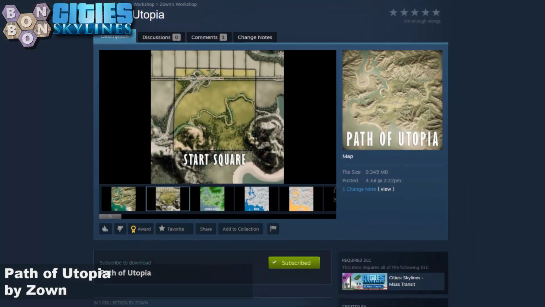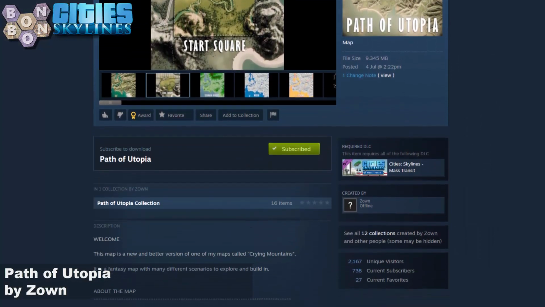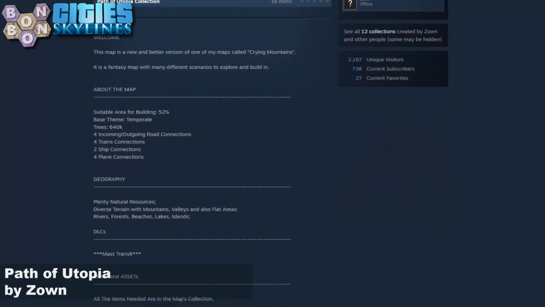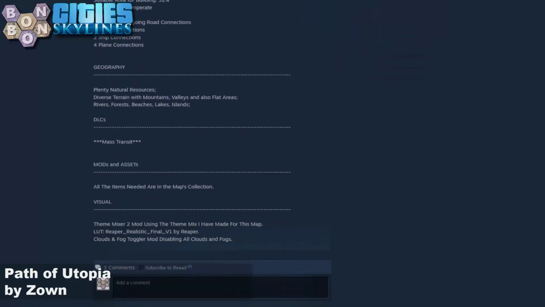Off to the workshop. What do we need? Well, it's a mass transit map. You will need mass transit for this one. Short description, not too long, not too busy, and a one-click collection. How about that? We'll be using Reaper's realistic,